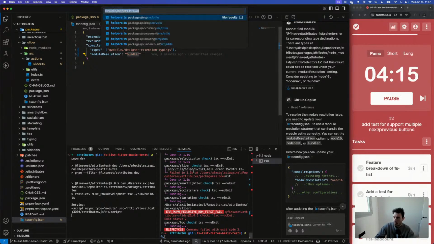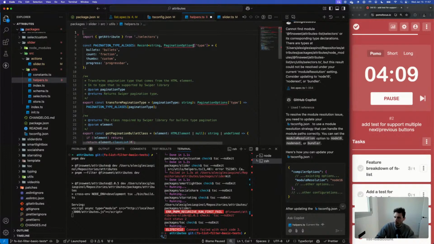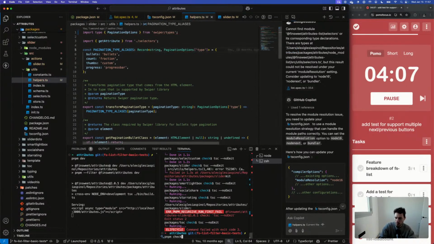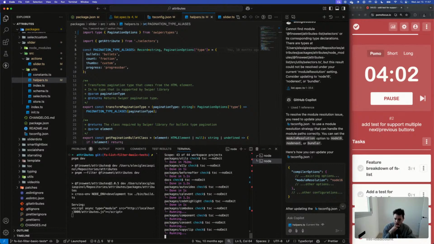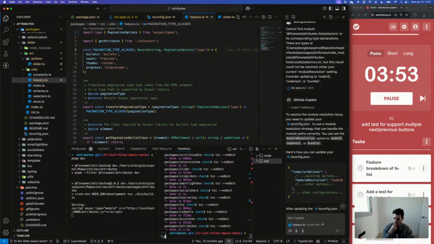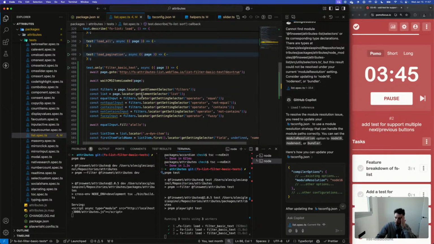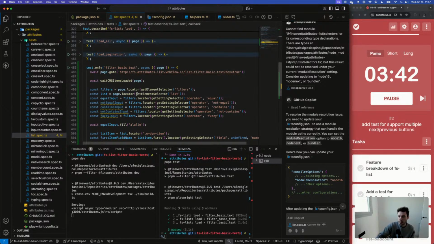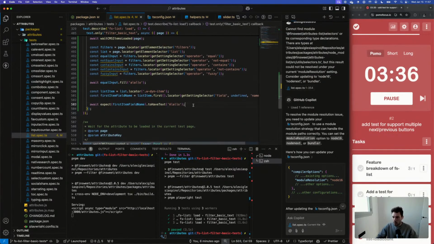Here we've got another error for the slider, but this package actually should go away. This package will not be shipped in attributes v2 because we deprecated it in favor of Finsweet components. Okay, cool. At least now we are passing the type checking and we are passing the tests. Nice. I'm going to refactor everything later to use these get element selector instead of hard coding things. But for now, let's continue adding tests.